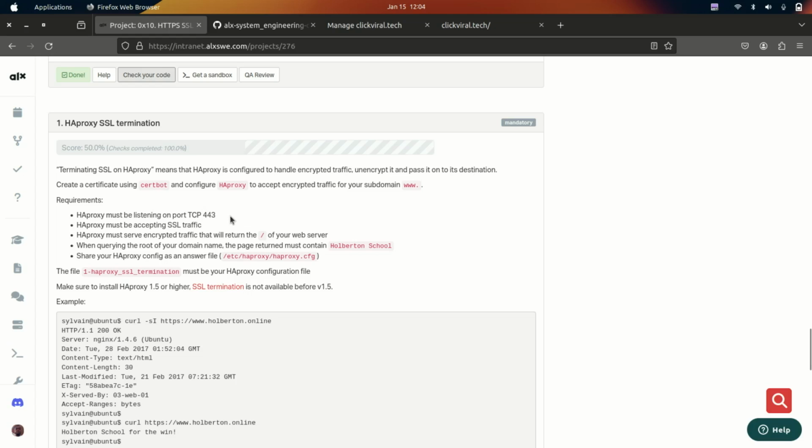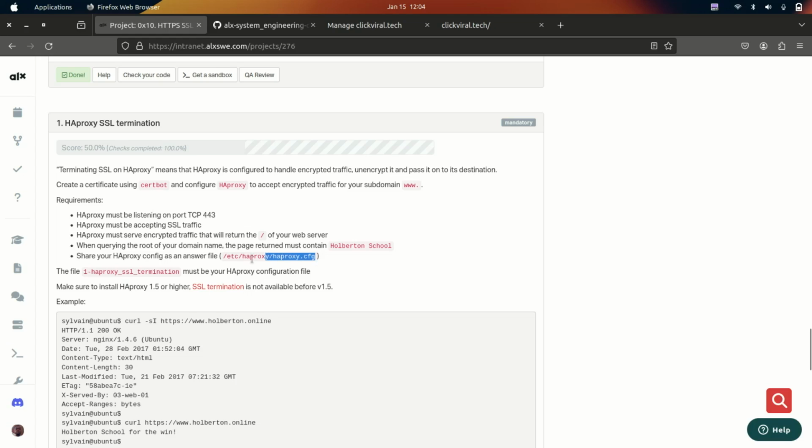So now HAProxy must be listening on port 443. HAProxy must be accepting SSL traffic. HAProxy must serve encrypted traffic and return the default or root route of our web server. Querying the root of the domain name must return